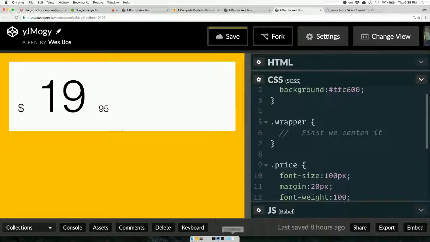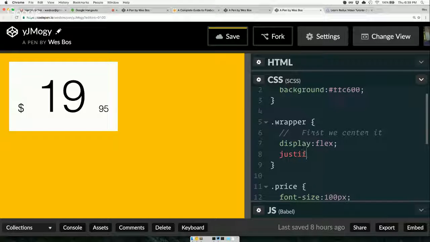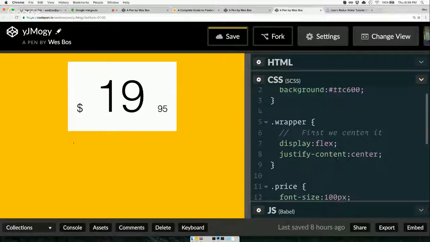First of all, I want to get this thing centered in the yellow. So what I do is I take this wrapper and I'll say display flex on the wrapper itself. And what that does is allows me to say justify content center. And justify content goes across the main axis, which is left to right. Now I want to vertically center it as well. Justify content is the main axis, left to right. And if we do align items center,